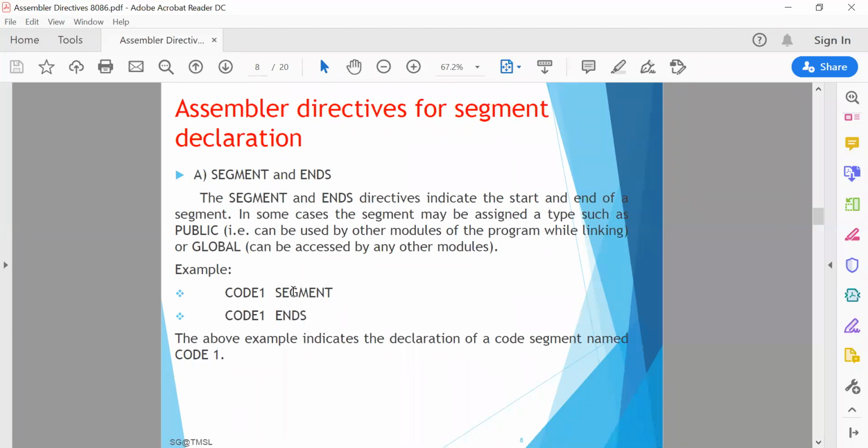If one segment is started, you have to end that segment. Between the initialization of the segment and the ending of the segment, within these two directives, there must be certain instructions which will be executed.